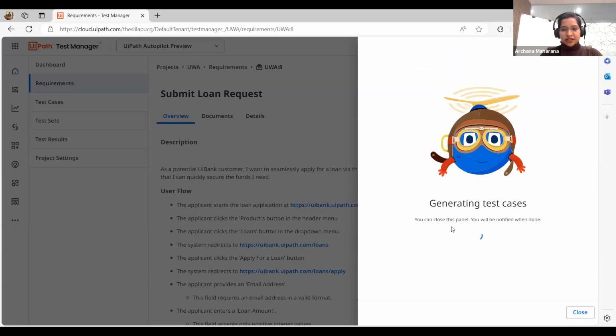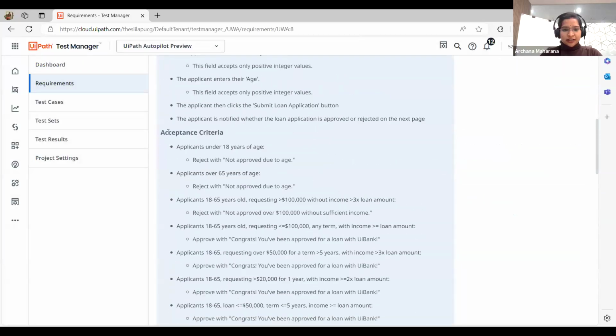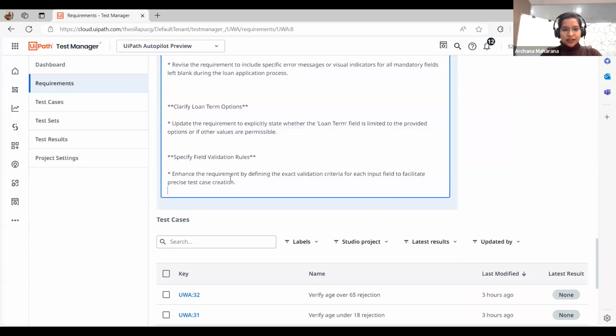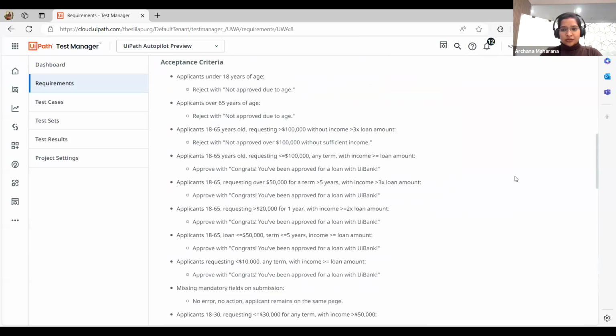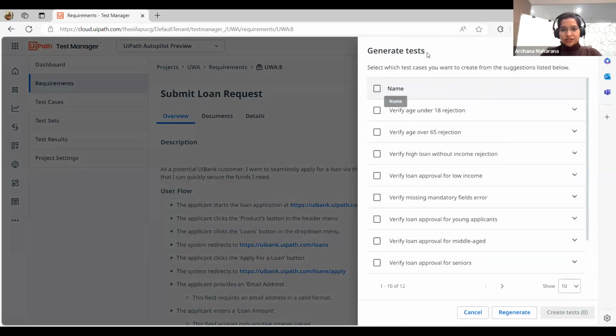When you click on generate test, it is going to generate the test cases for you as required, as the conditions were given over here. As we could see, this is the exceptions criteria, it was given for 18s and all. So based on these things, it generates the options for us like this. It's for verify age 65, the criteria that were mentioned. So we could select any of these and